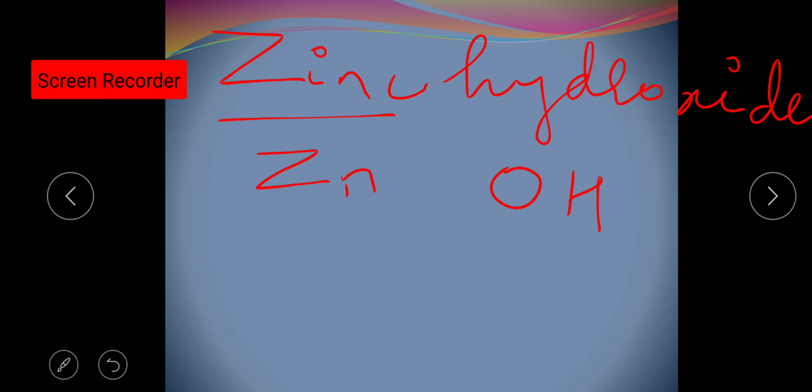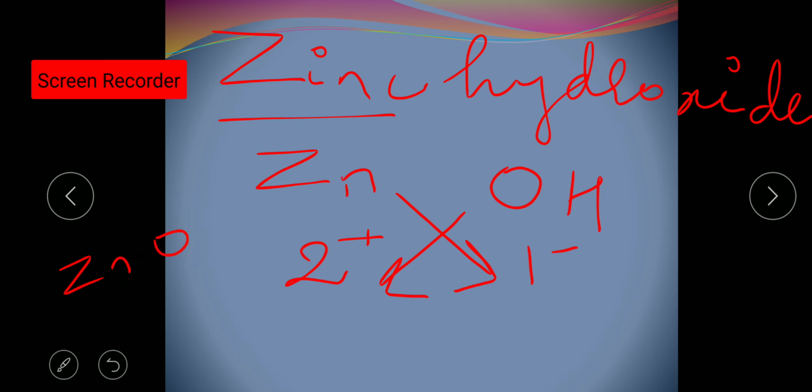Okay. Then the valency of zinc is 2 plus, and here you have to be careful, 2 plus, and the valency of hydroxide is 1 minus. Now you are doing the crisscross. So now when you are doing the crisscross, OH becomes 2. So how will you write? ZnOH2, or you will write ZnOH2 in bracket. Which one would be correct? Obviously this one would be correct.